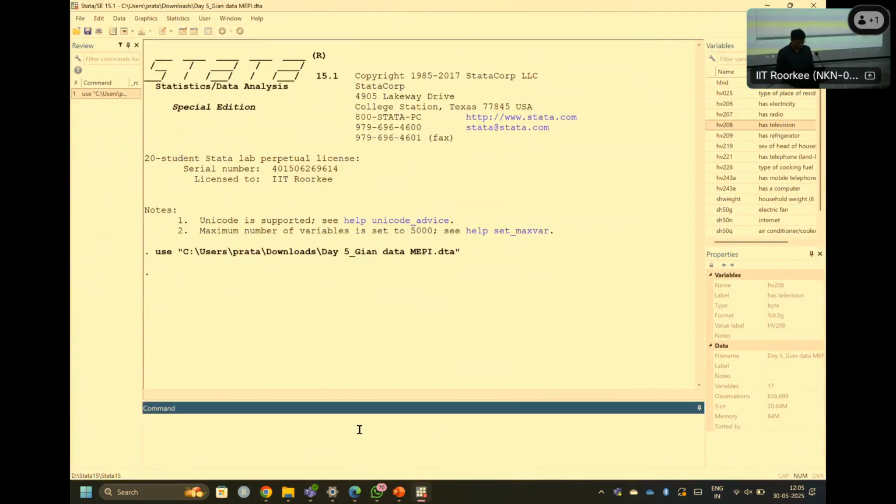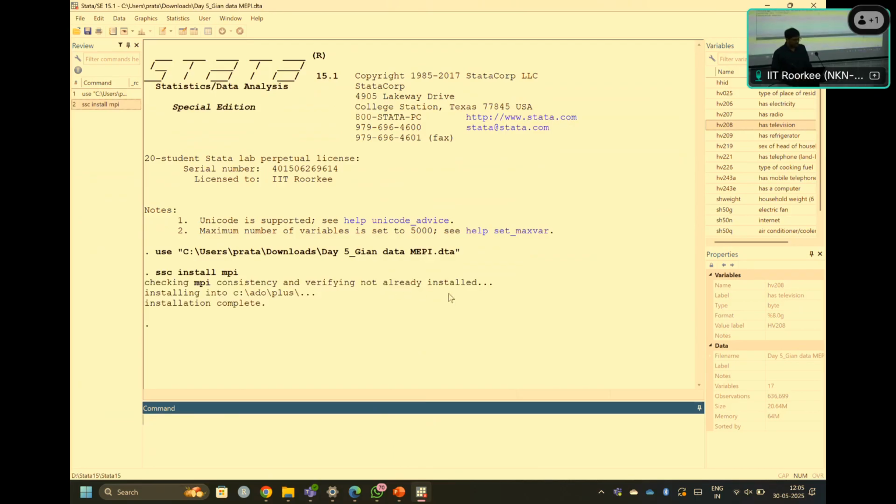I haven't even done it on this laptop, so I'll just do it. Then in between, I'll also be checking MEPI consistency. I think now this is fine, and it is installed on my system.